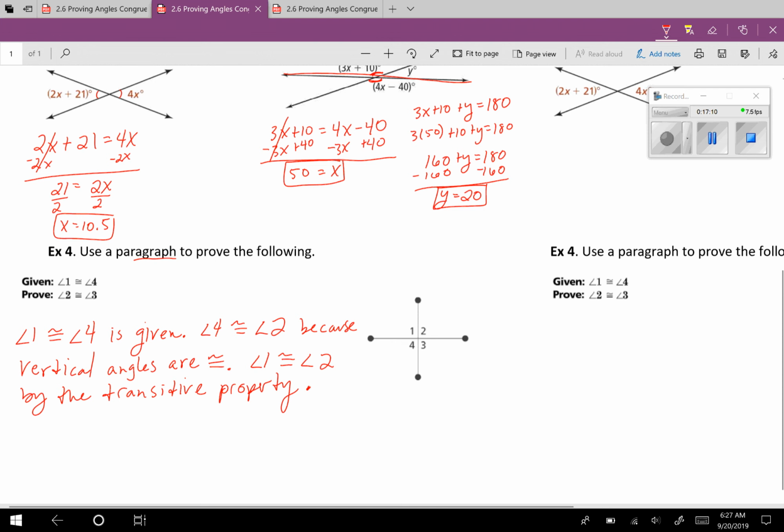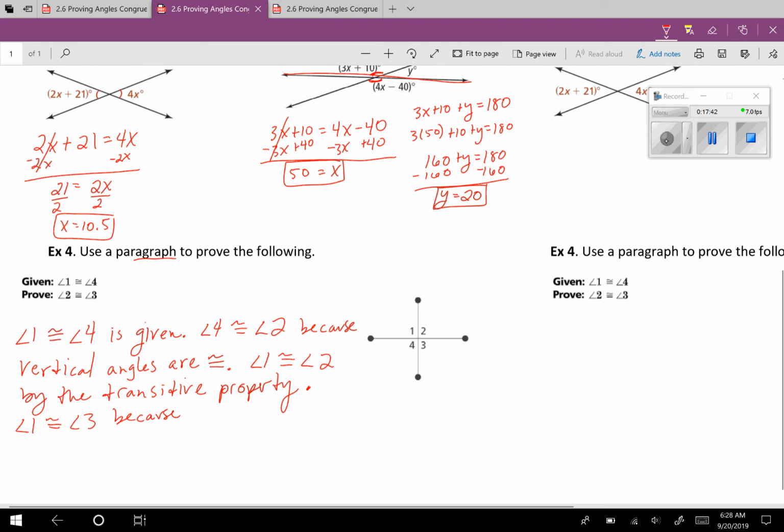Okay, so we've got the connection between 1 and 2 here. Now we need to make a connection between 1 and 3, because if we can connect 1 and 3, we can show that since angle 1 is congruent to angle 3, angle 3 is congruent to angle 2 by that transitive property. Okay, so what's the relationship going on between angle 1 and angle 3? Well, they're vertical angles. So we say that angle 1 is congruent to angle 3